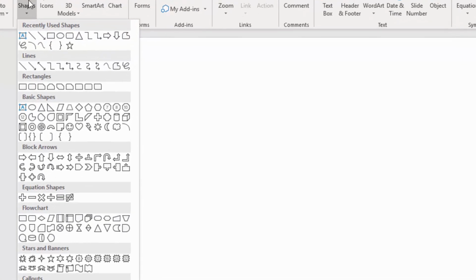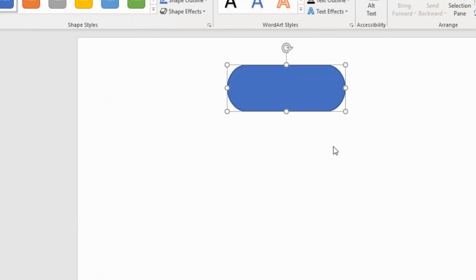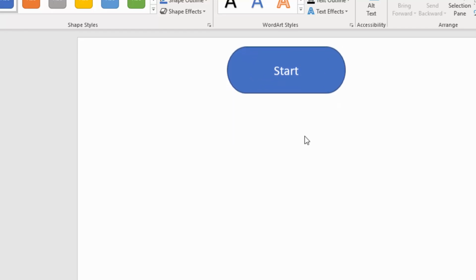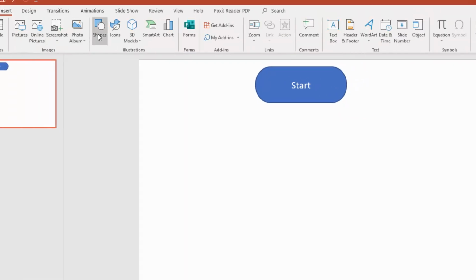Now under Shapes there is a section that says Flowchart, and if I come across here I'll see one that says Terminator, so I can click on there and then just drag out the terminator that I want on the screen. So I can change all the colours there, but what I can just do is double click inside there and I can write what I want it to say. So I've got all the usual options where I can make the text bigger, I can move this around, do things like that. So I can do this, and then again I can go back to Insert and go to